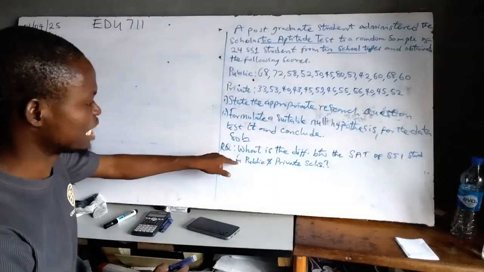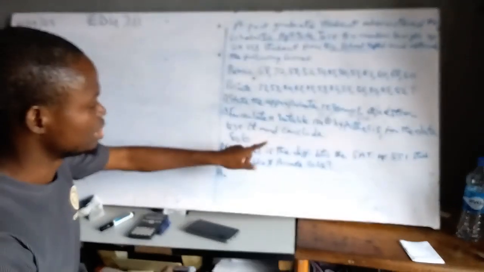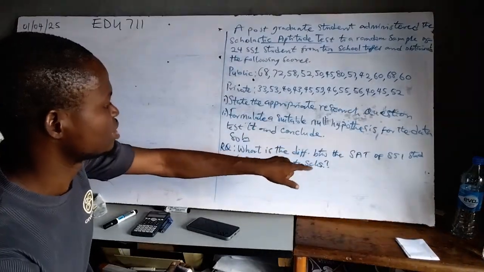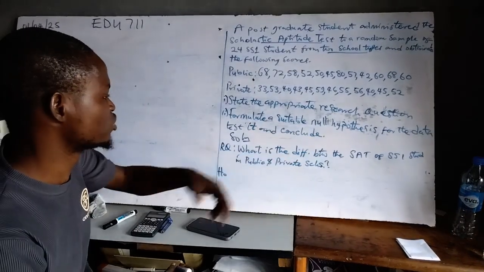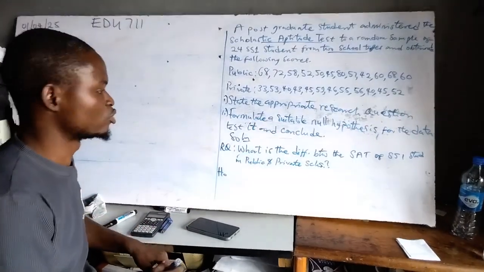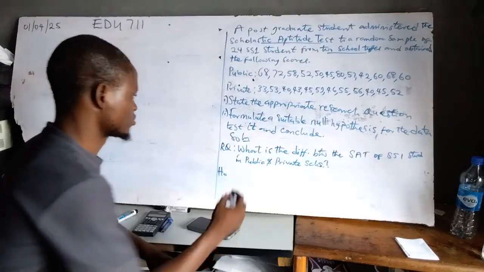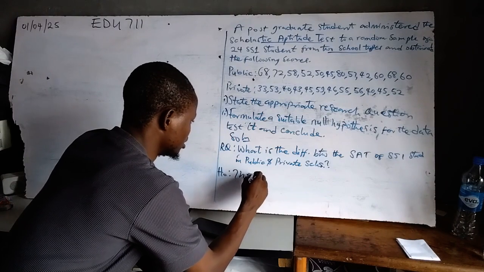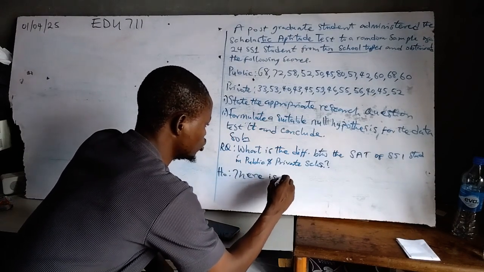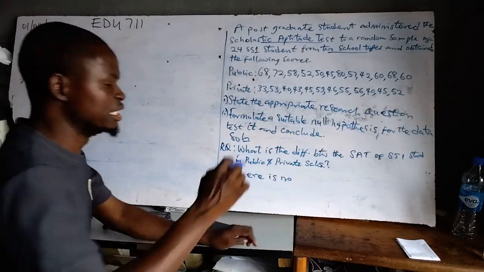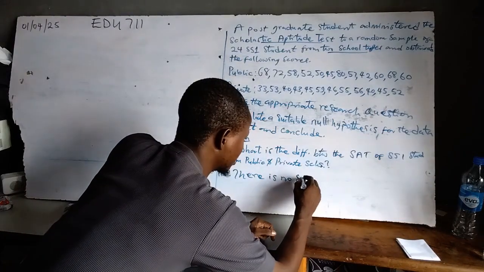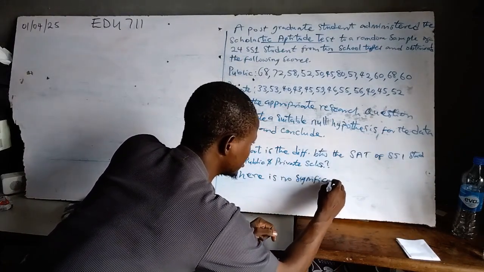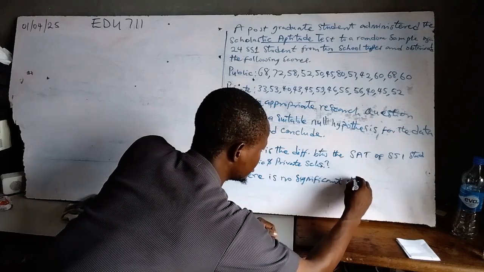This question you have said, what is the difference between the scholastic aptitude test of SS1 students in public and private school. Just turn it to a negative answer by saying there is no, then you now bring in significant. That word significant is very important. There is no significant difference